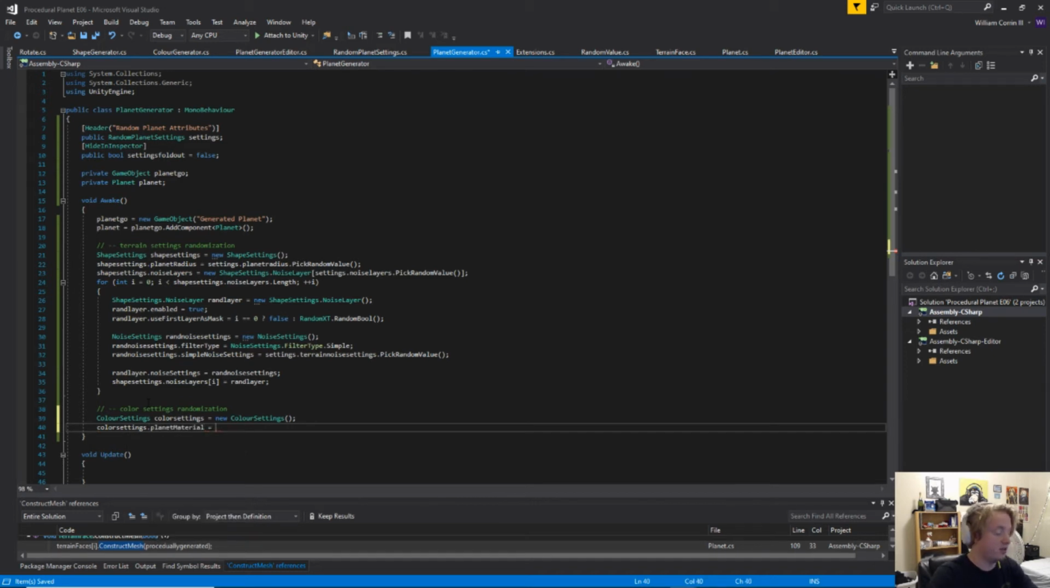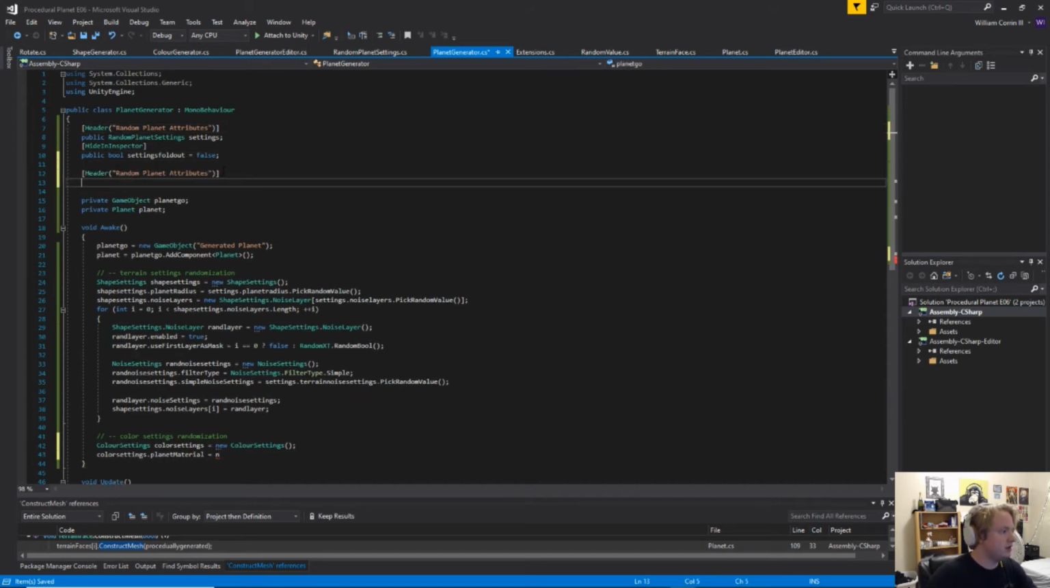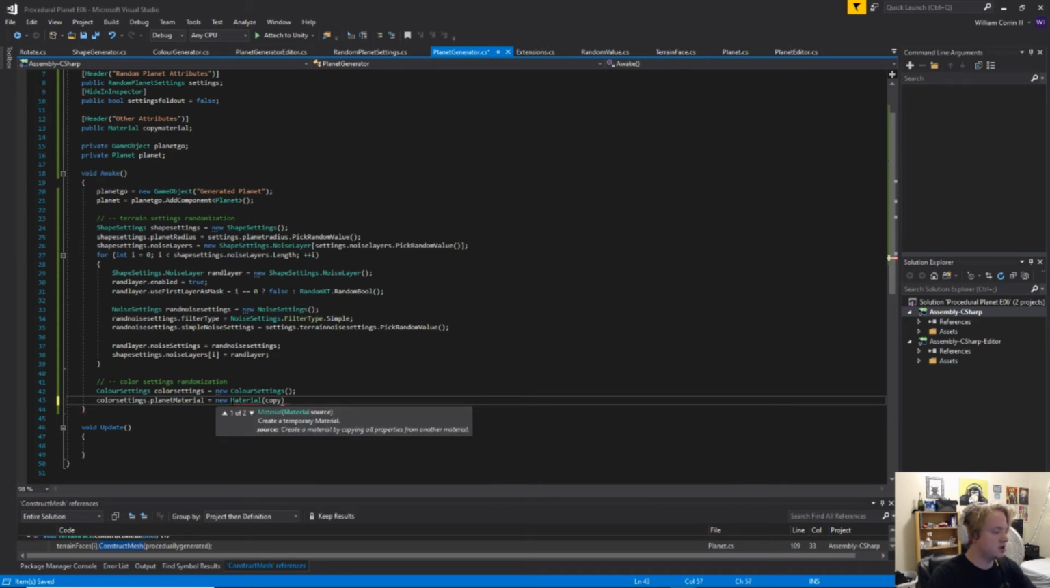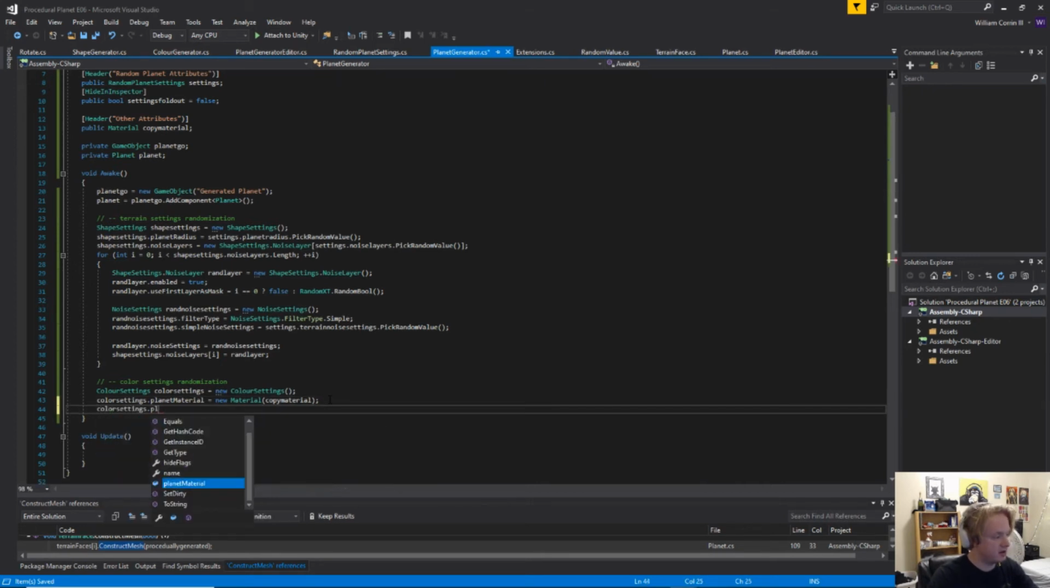Planet material. For this, we're gonna. Oh, that's right. I forgot to do this. Make a new header and for now, I'm just going to call it other attributes. And we're going to have a public material copy material, because we're going to make an instance of it here. So we're going to make a new material and just copy material there. Okay. And then we can say color settings dot set, no, planet material